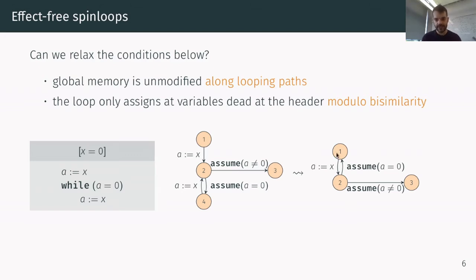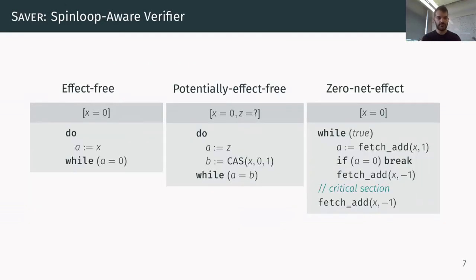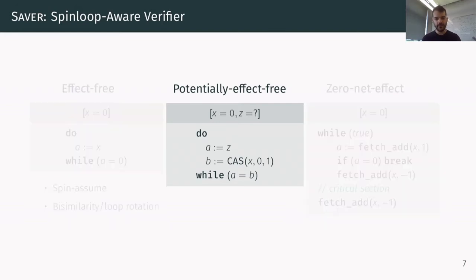But in this graph, there is no variable that's live at the header, and the loop doesn't modify any variable that's live at the header. So in this case, we can do the spin assume transformation and effectively transform the loop into one read followed by an assume statement again. So with these two arguments, with this spin assume transformation and with this bisimilarity argument, or a similar argument called loop rotation, we can actually handle a wide range of different loops, but we cannot